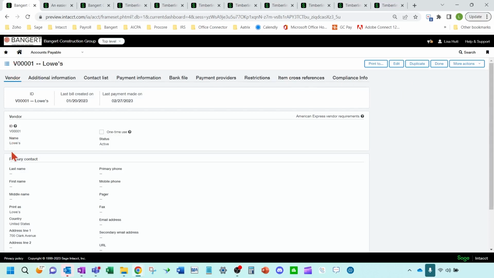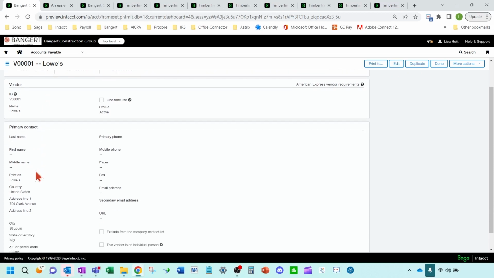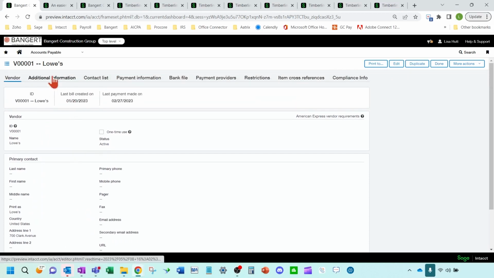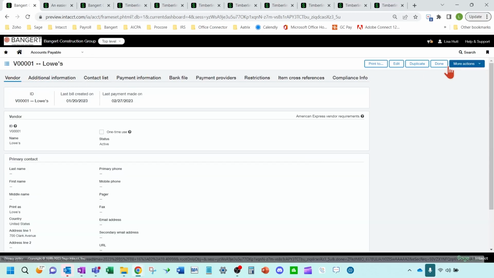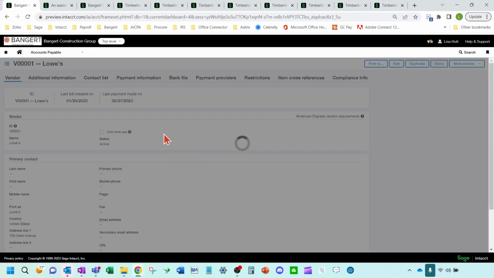Now it actually pulls up the vendor record like you would expect, where you can edit the record, change address info, basically just your vendor record. Okay, so there's a change there to the list here.